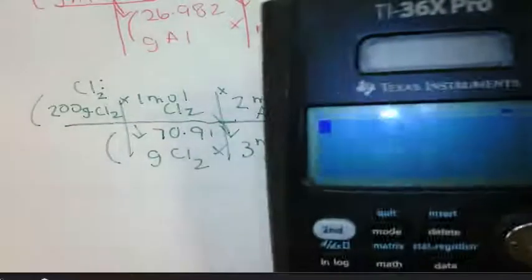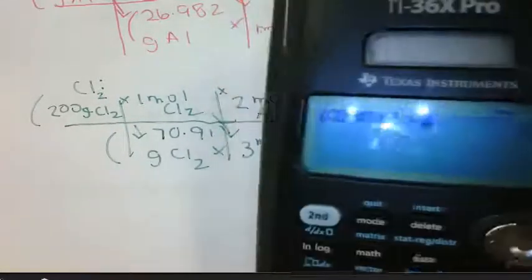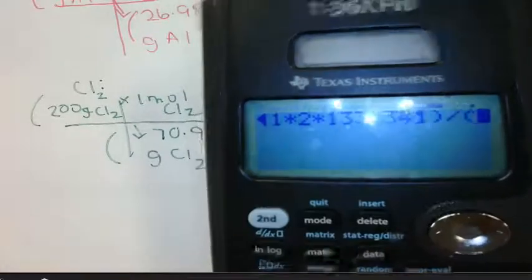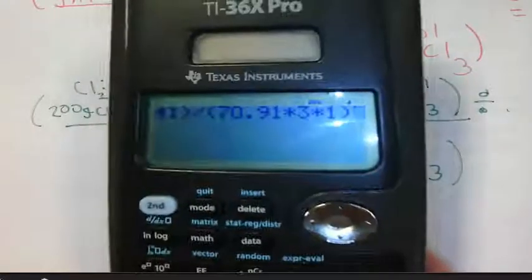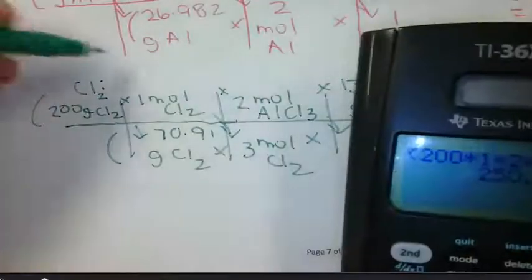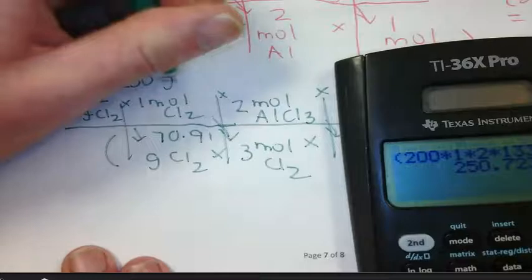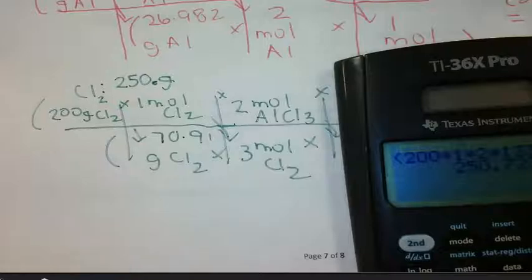Okay, so here we go. We've got 2 in a parenthesis, I almost forgot, 200 times 1 times 2 times 133.341. Close your parenthesis, hit divide, open a new parenthesis, 70.91 times 3 times 1. Close your parenthesis and hit enter. So, using chlorine, we can only produce, well, this is actually 200, I rounded that too much, 250.72